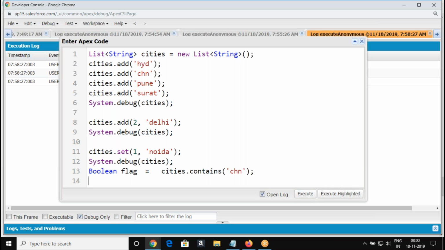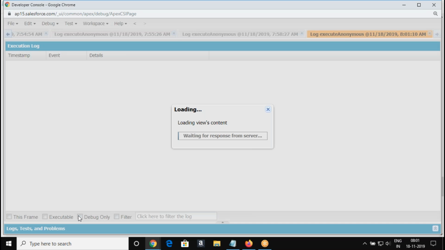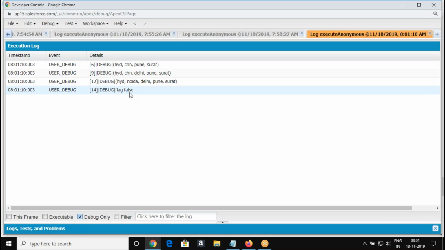So I'm checking here, then display the boolean value. So we know what it's going to return. It's going to return false because we replaced that city name with a new city value. So this method should return false now.